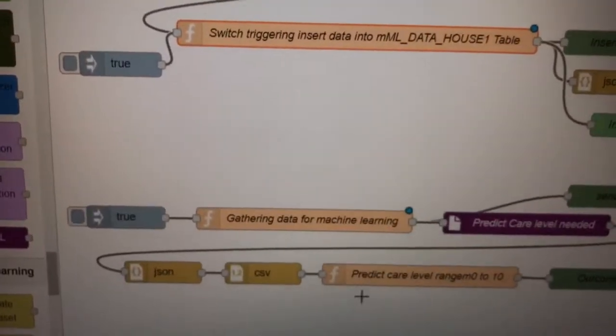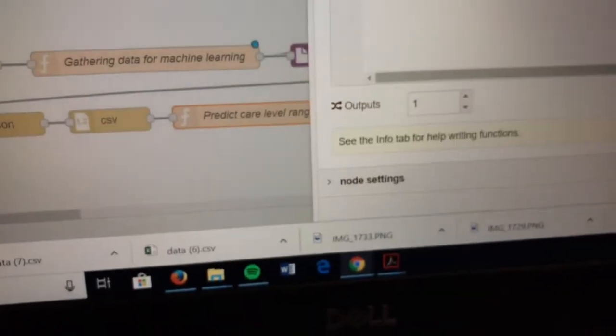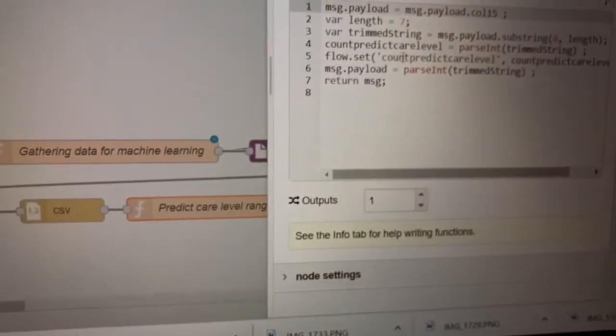So any value change here will be set to the